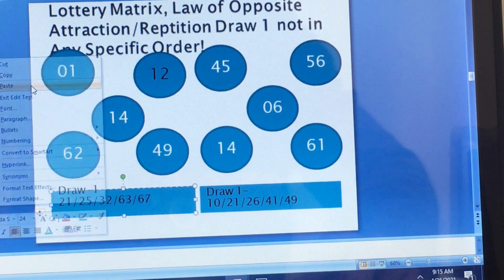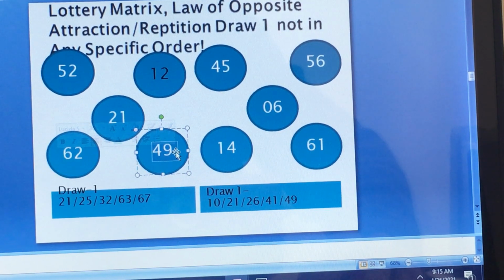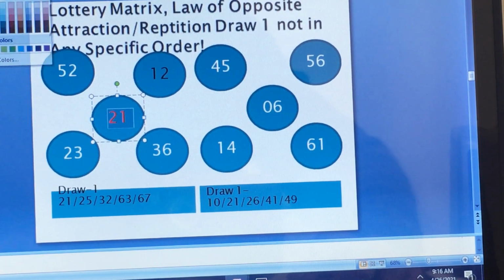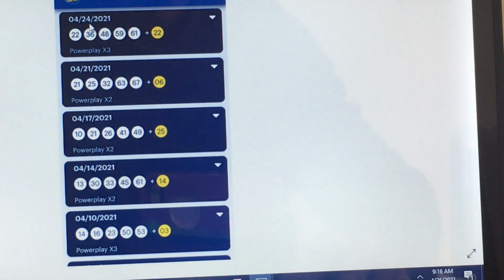Now, on the first draw, opposite attraction, we have 12, 52, not in any specific order. Once again, 21, 18, no, 36, and 23. So here's your culprit. 21 would be eliminated. Not 21, my bad. So I'm going to go back, because the winning number was this one, 22, 36, 48,